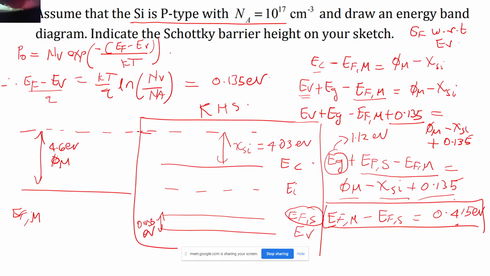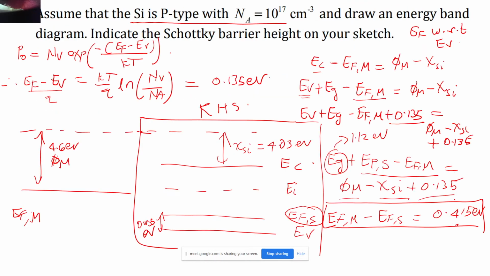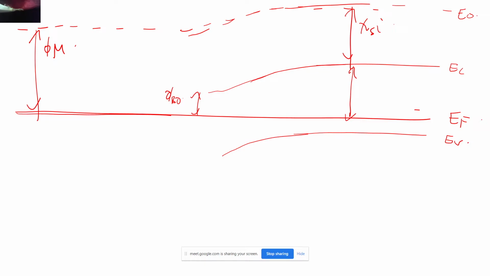So now if I check the value of phi s over here, if I add EC plus EF with chi of Si, right? So what is the value of EC plus EF? I guess I have to check. Yeah, this is the value of EC plus EF, correct? Now phi s is determined by the difference between the vacuum level and the Fermi level over here. If we have this difference and you look at the phi m that is present over here, then you can clearly see that your phi s is going to be greater than phi m, correct?